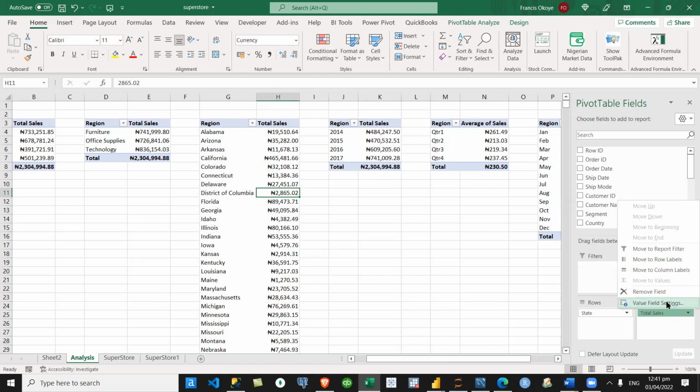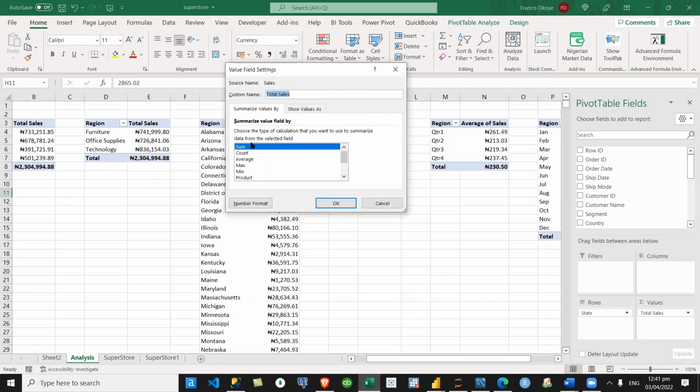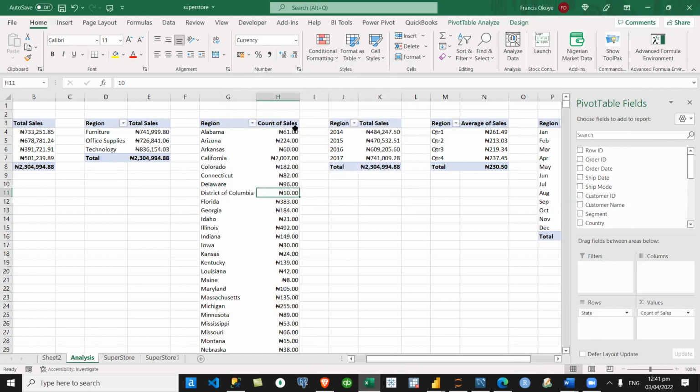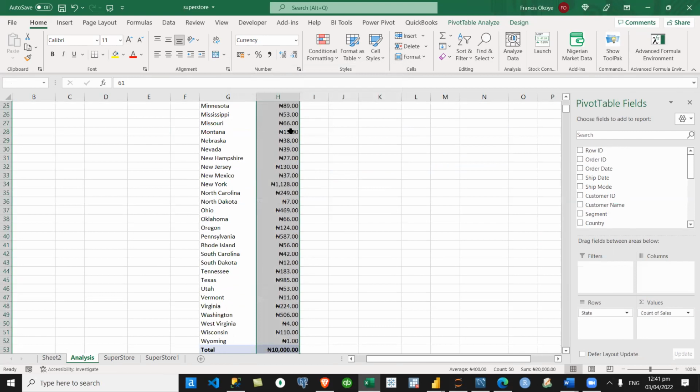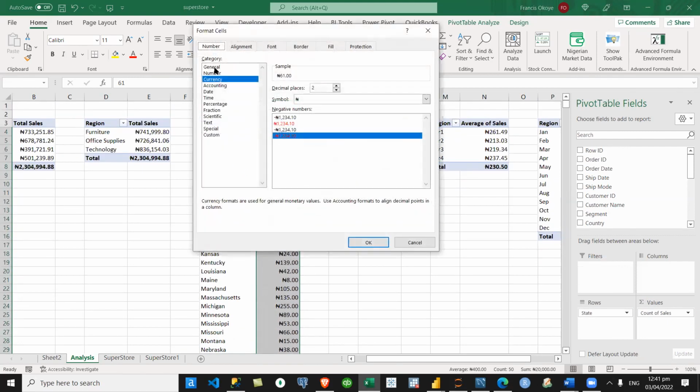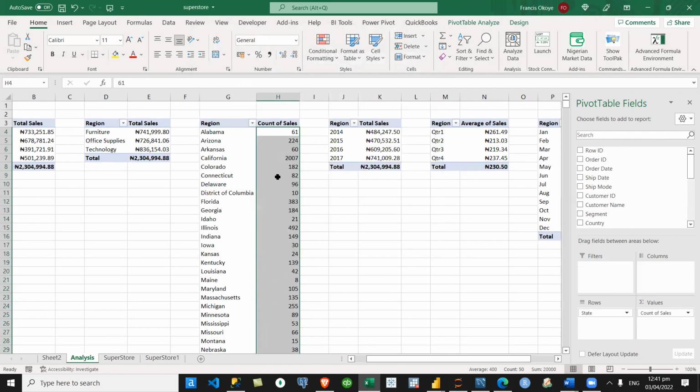So you can come here to value field settings and switch it from there. For example, you want to count by transactions. So this is the count. In this case, I will now remove these numbers. Can you see that? So maybe in Alabama we have had 61 transactions.